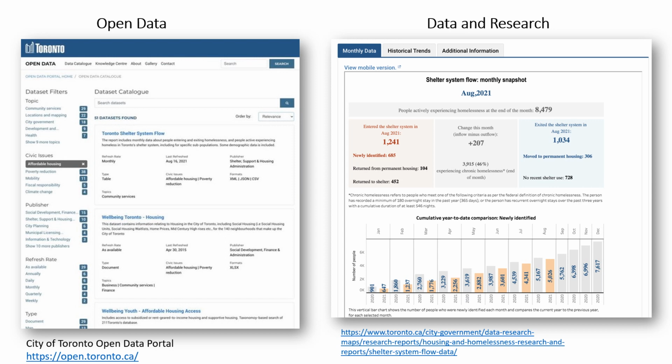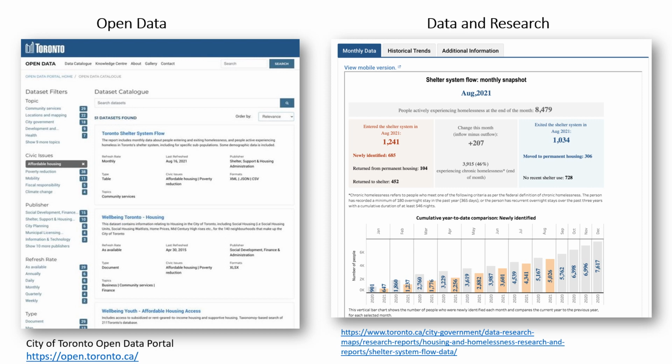Also linked within the housing section of our Data and Statistics Research Guide are City of Toronto data resources, since York University is situated within the GTA. The City of Toronto considers affordable housing as a civic issue, with 52 datasets in its open data catalog. Again, it's important to know what is available to us here before deciding on a research question, since it can help you to then narrow down to a more specific topic.